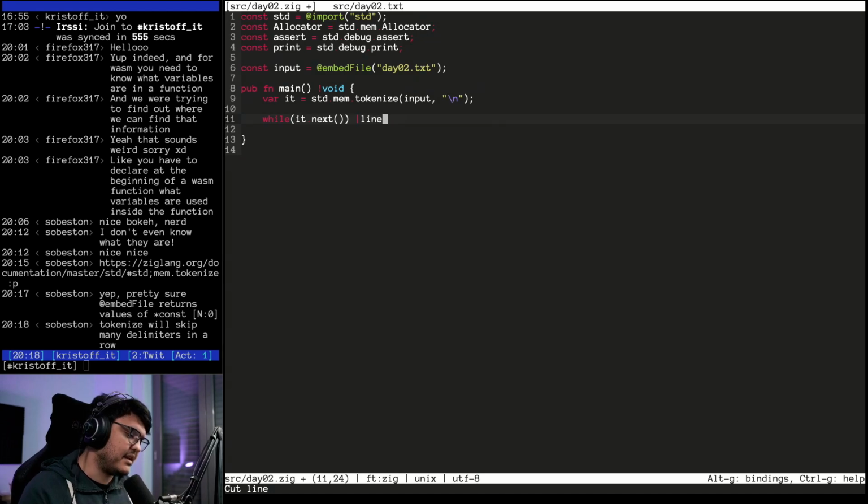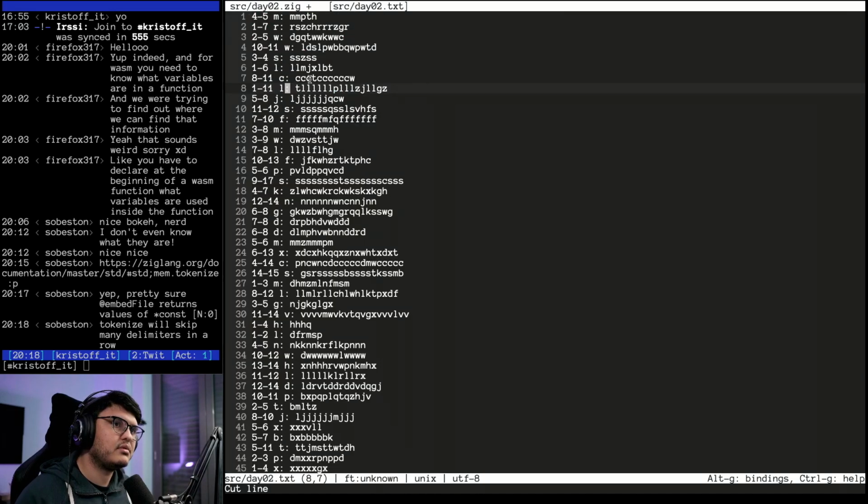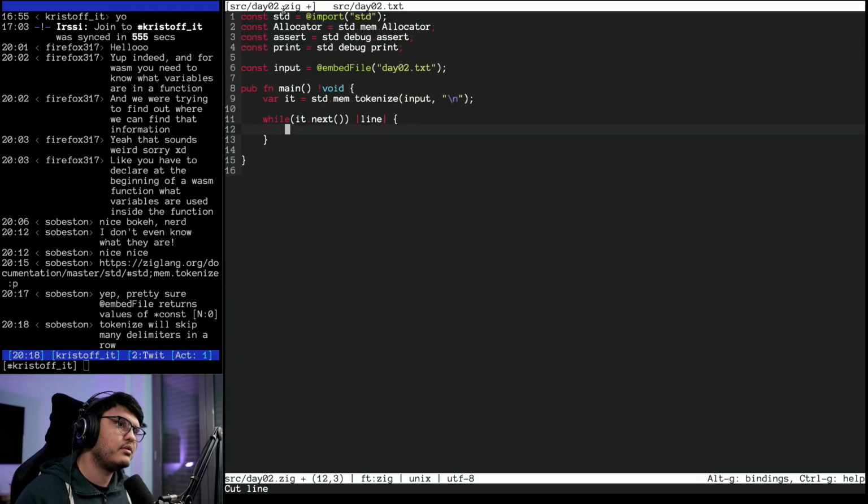So this gives us a line if it's there. We are using this capture in the while to capture the optional value, and as long as there are lines, what do we do with the line? Let's double check the structure. We want to parse a number, then a dash, then a number again.